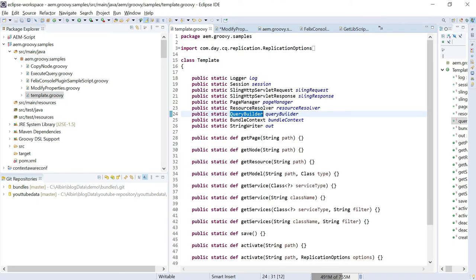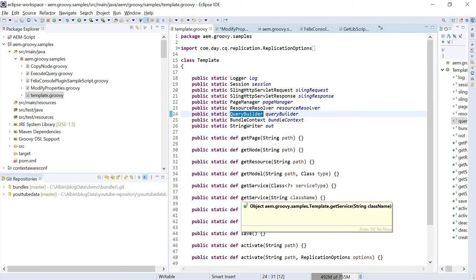What I am doing here is enabling all the predefined variables and methods. We talked about that. The bundle provides a lot of predefined variables and methods, but those are not accessible to Eclipse. So to make them accessible to other scripts, I created a template along with those variables and methods, so that anywhere required you can import the template class and use it. This will simplify your script development.